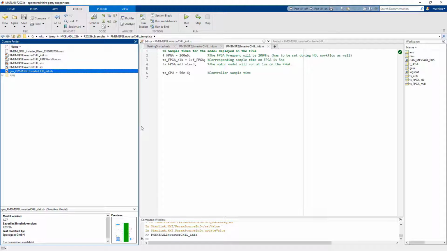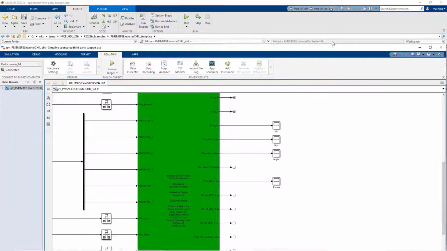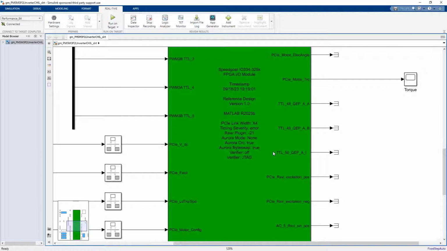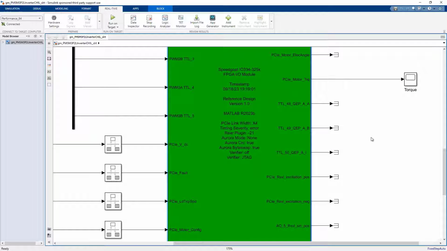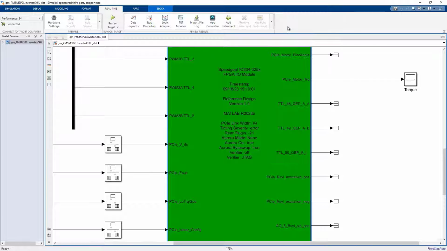The last step of the Workflow Advisor will create a generated model based on the source model, but where the main block has been replaced by a subsystem calling the bitstream file. Inside, you can change the output and input ranges. All these steps are also documented in the template and reference application documentation. Let us now copy the generated block into the main model of the reference application for PMSM controller hill testing.